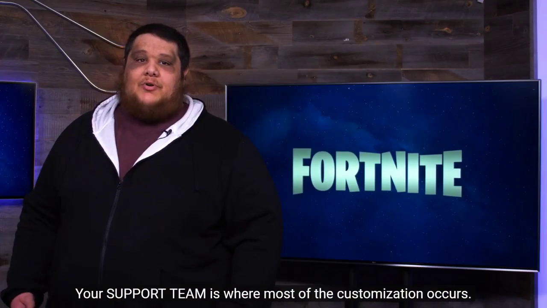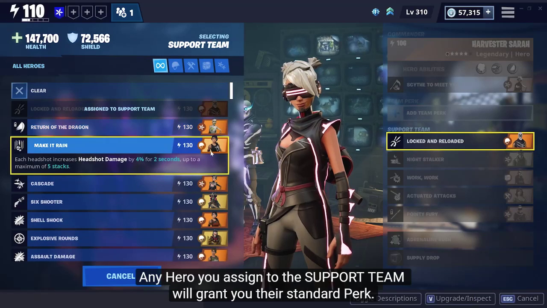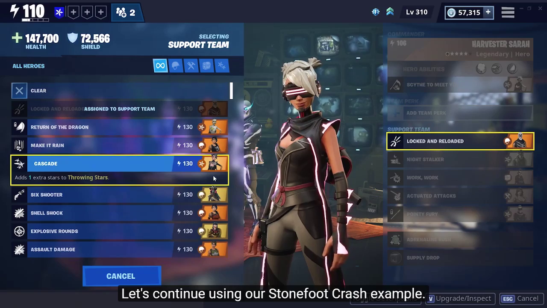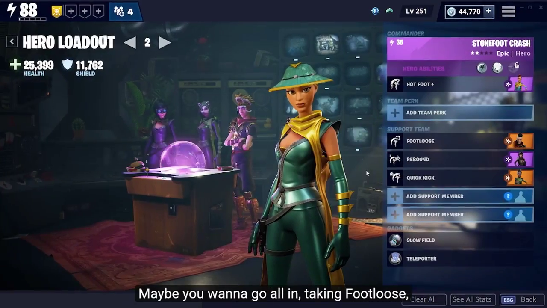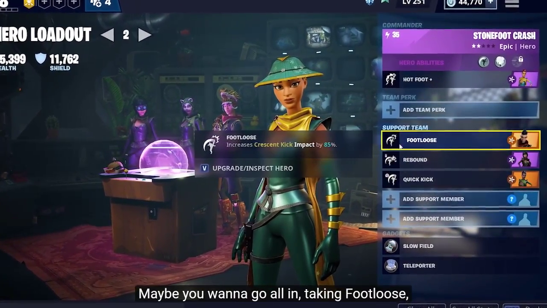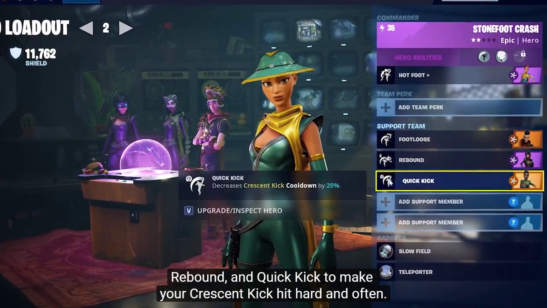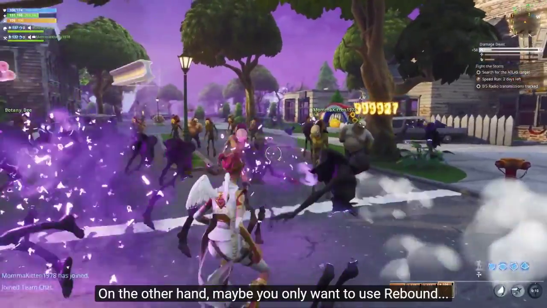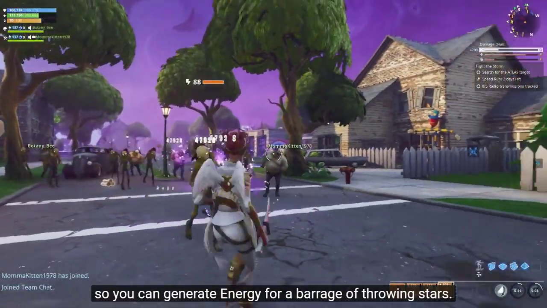Your support team is where most of the customization occurs. Any hero you assign to the support team will grant you their standard perk. Let's continue using our Stonefoot Crash example. Maybe you want to go all in, taking Footloose, Rebound, and Quick Kick to make your Crescent Kick hit hard and often. On the other hand, maybe you only want to use Rebound so you can generate energy for a